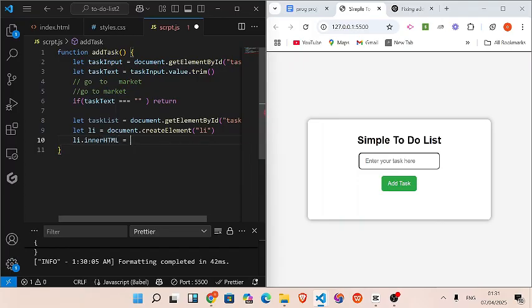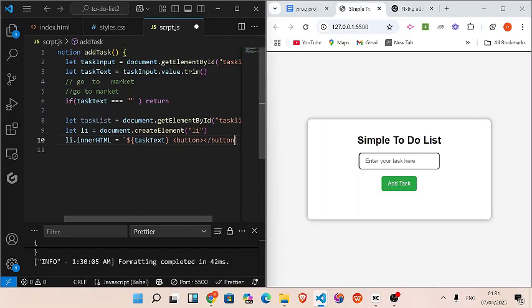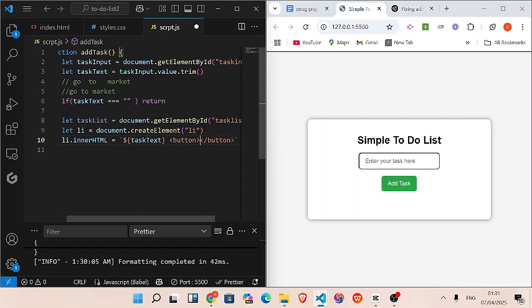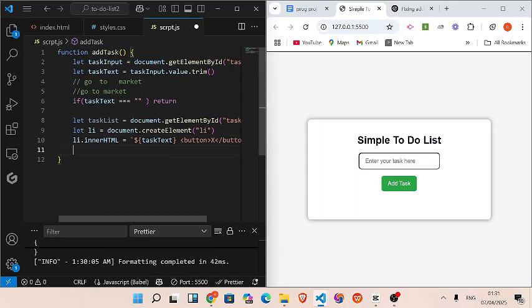Want to display this? We use template literals, and then the dollar symbol. What do we want? We want to get whatever has been typed here, which is stored as what? Task text. Sorry, taskText. When it displays it, I want it to also display this button, and that button should just be an X, simply this. We use this X button to delete, but when we get there,